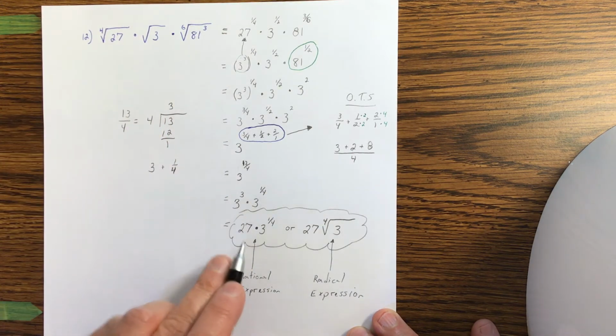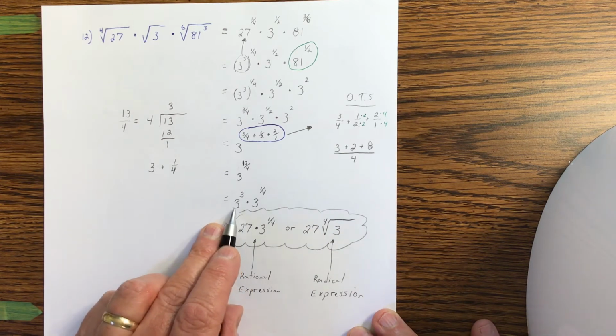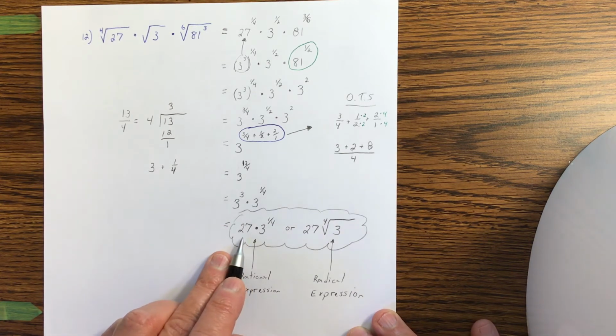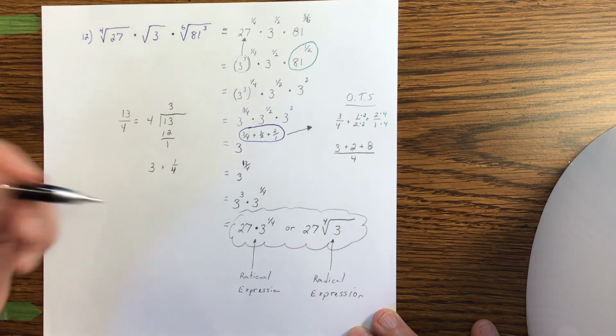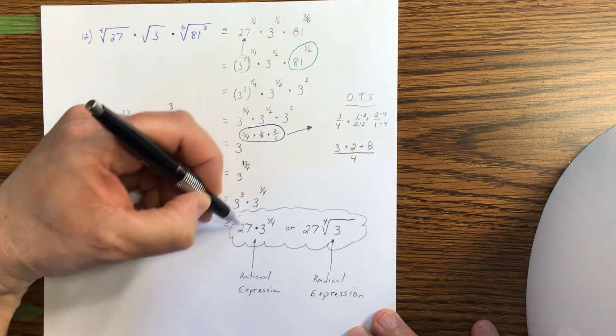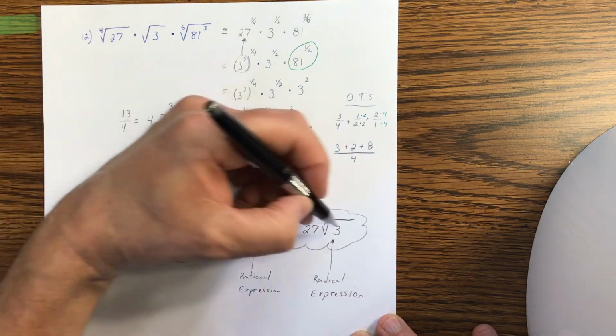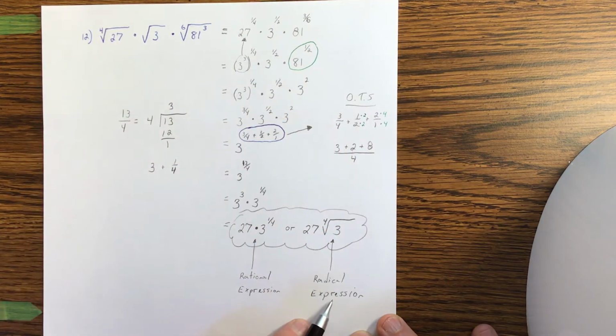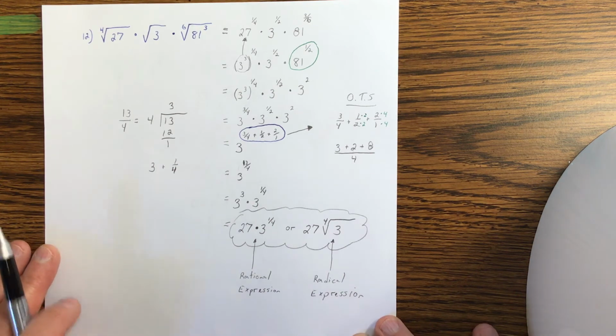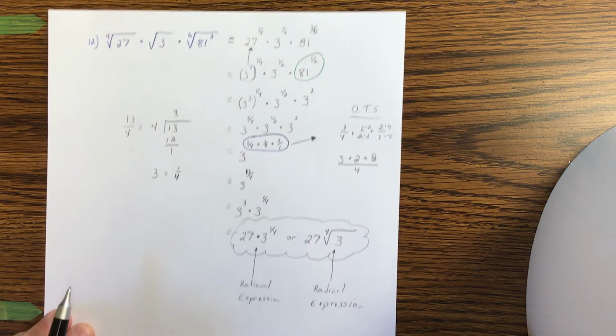Well, I know 3 cubed is 27 because 3 times itself 3 times gives me 27. Again, we're done. This part right here is a rational expression. Rewriting it in this way, we have a radical expression. So that's number 12. Hopefully that one was a very big help to you guys. Let's look at